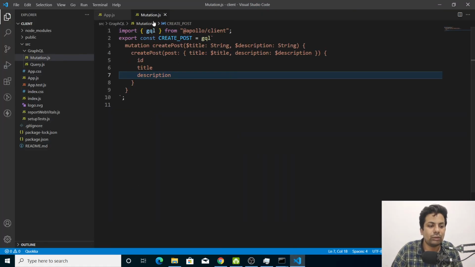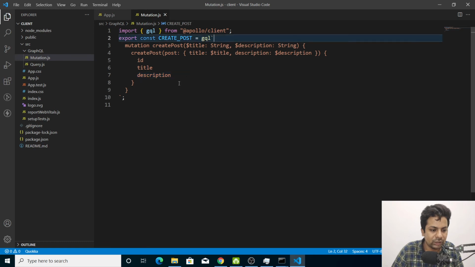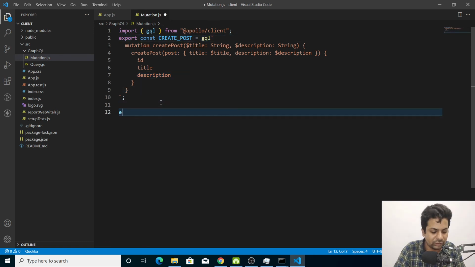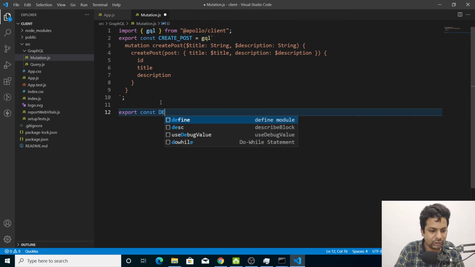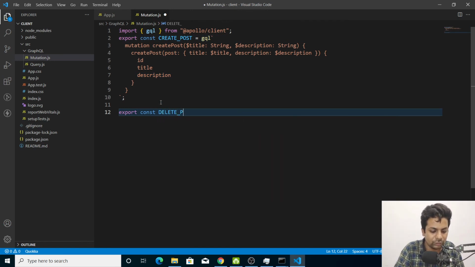So again we have to go into the mutation only. Now in the mutation, instead of this, we come here and we'll say export const DELETE_POST.